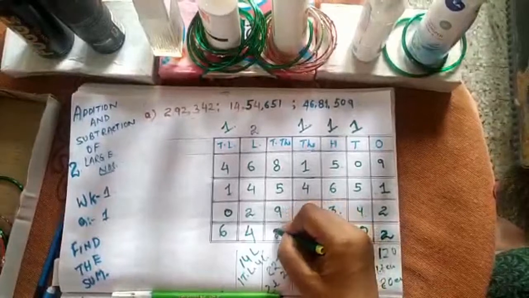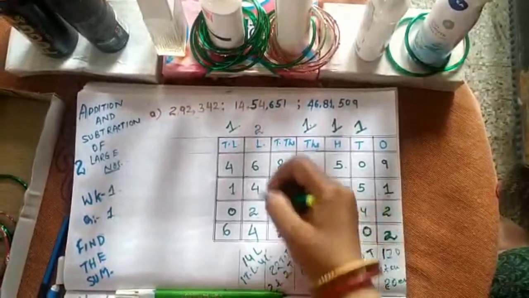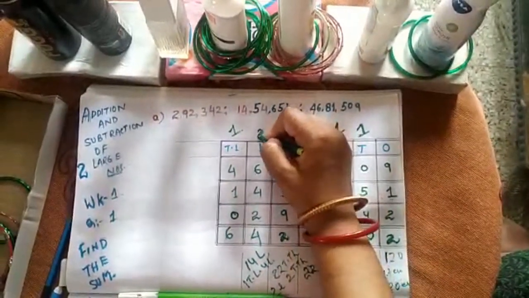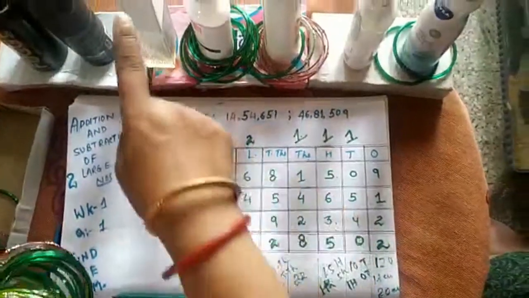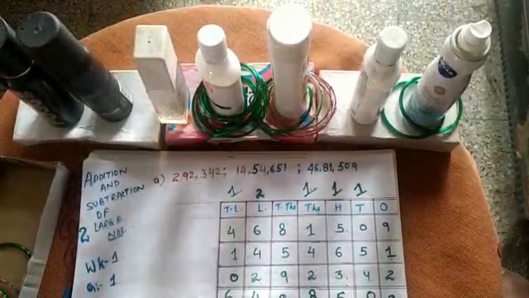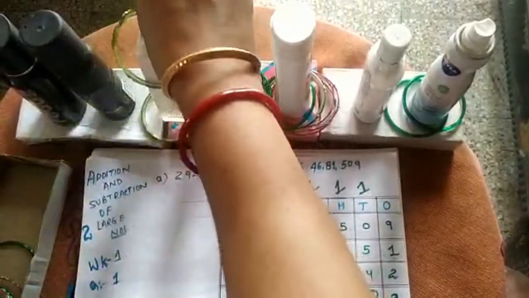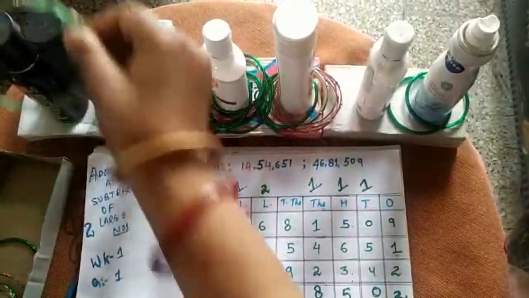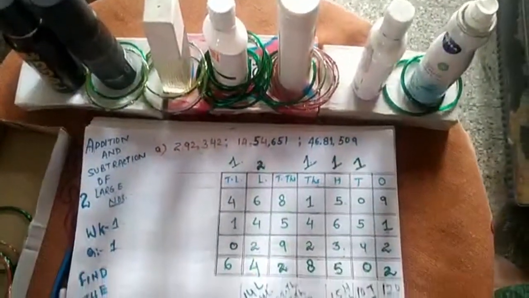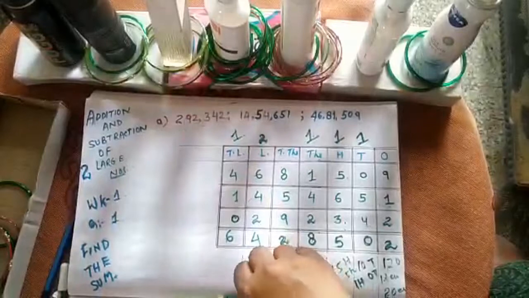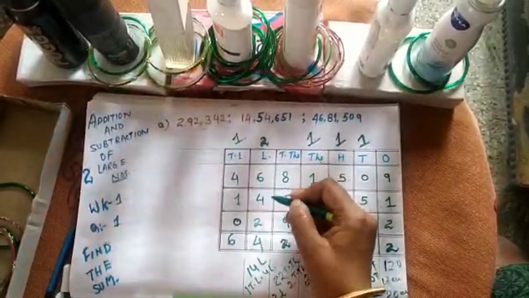So 2 10,000s will come here in the 10,000s place, and 20 10,000s means it's 2 lakh. So 2 lakh will be taken as a carryover. So come to the 10,000s place, it is 2 10,000s. And what is the carryover in the lakhs place? 2 lakhs. Now adding the lakhs, I will take this carryover 2 lakh plus 6 lakh plus 4 lakh